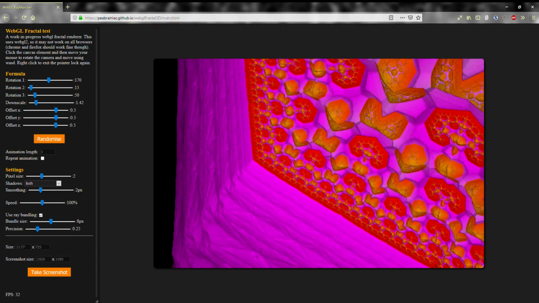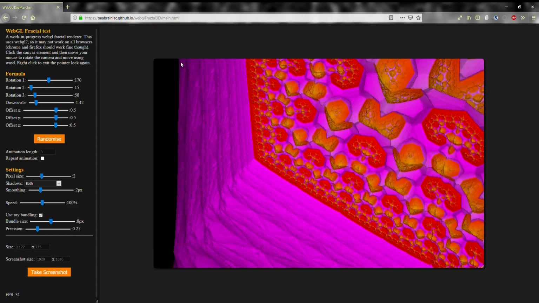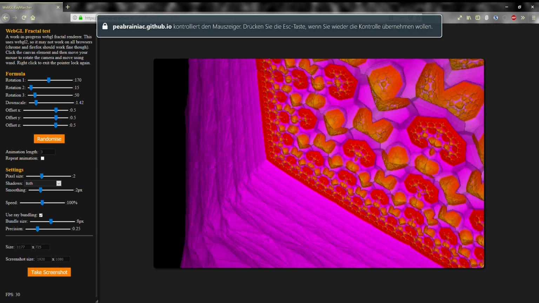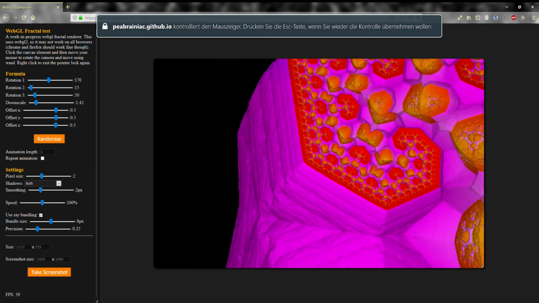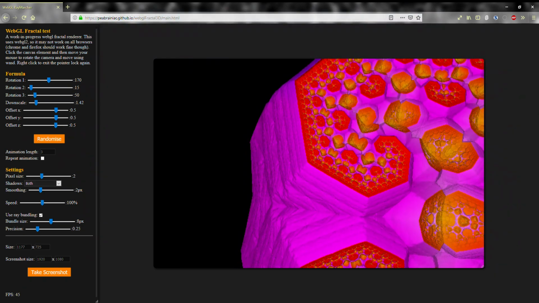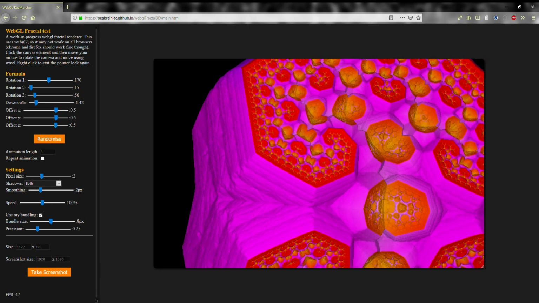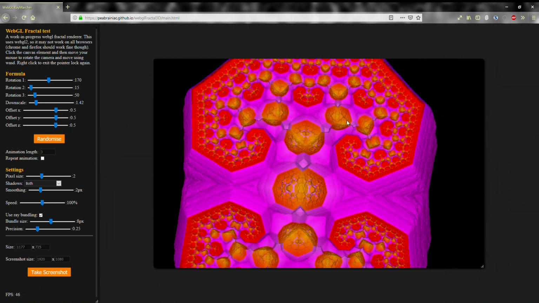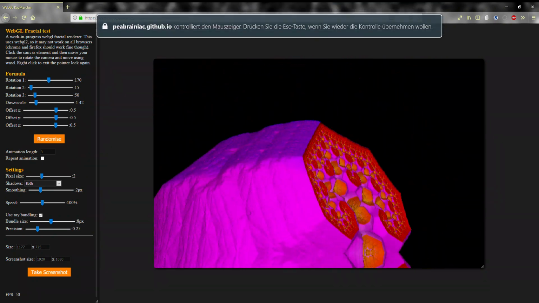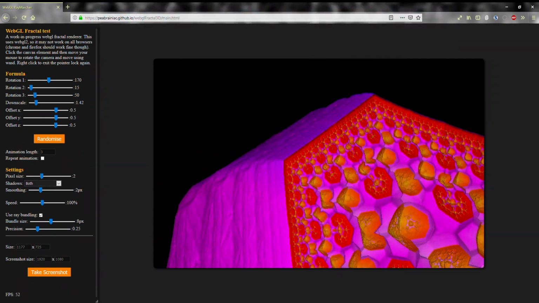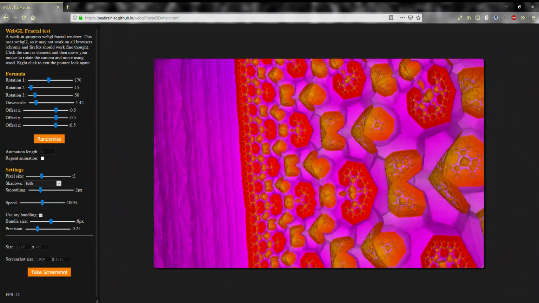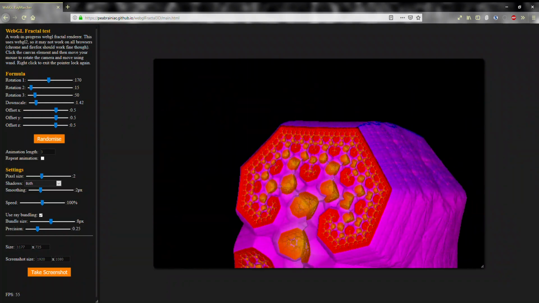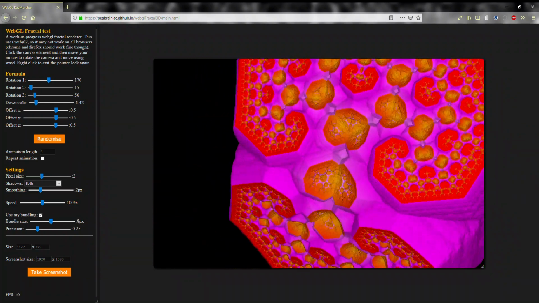But in short, to get the color of a point, I just iterate through all the transformations again and record the maximum x, y, and z values the point ever had after an iteration, and then just use that as my RGB color vector. And that's working pretty well. It doesn't work for all fractals, so sometimes they are just completely white, but for most of them it works pretty good. I'm happy with that.